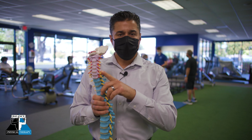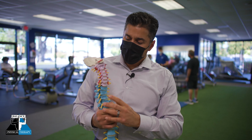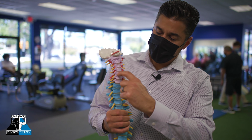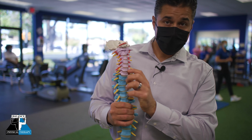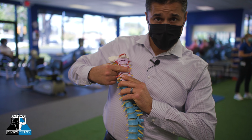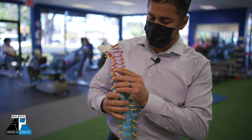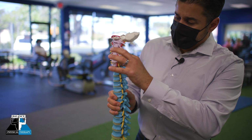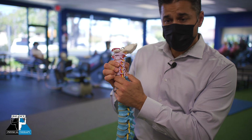So what does radiculopathy mean, and how do these little nerve roots actually get irritated? Well, as we age, the morphology, or the shape, of what we call the movement segment, the bottom one half of a vertebra on top, the disc, and the top one half of the vertebra on the bottom, in the different regions of the spine, starts to deteriorate. And without going into too much clinical jargon, here's what I want to impart to you guys. These little nerve roots, which come out between the vertebra in what we call the neuroforaminal space,